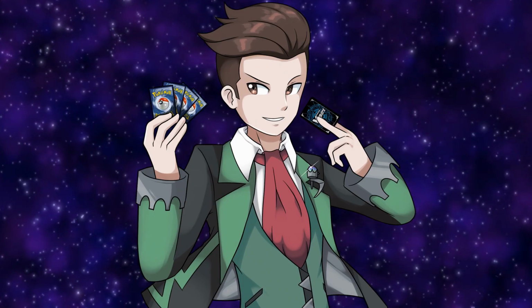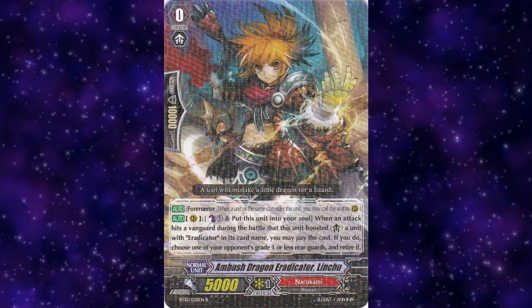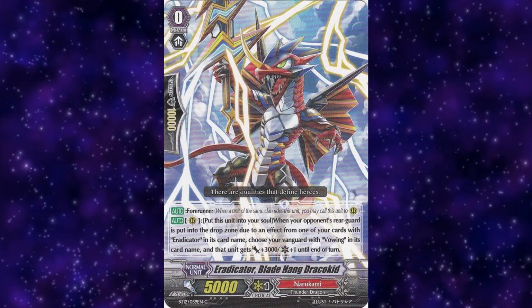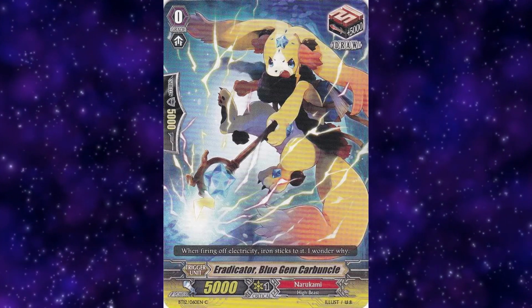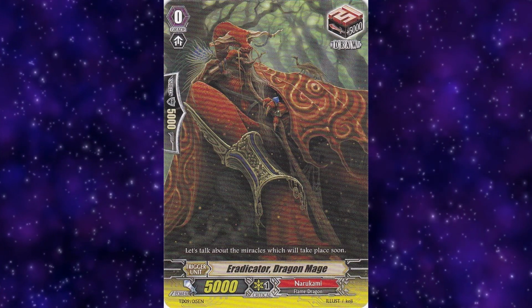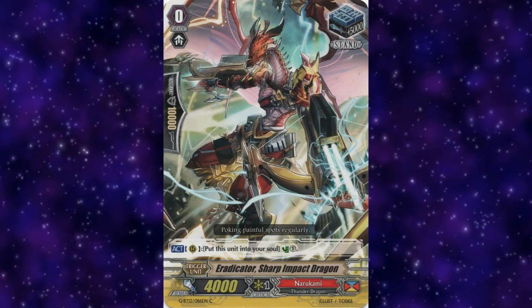Alright, now that we've got those main units out the way, let's finish off the Eradicator archetype by moving to the support cards and the triggers. For grade 0s, we have Ambush Dragon Eradicator Linshu, Eradicator Ambitious Dragoon, Eradicator Blade Hang Draco Kid, Eradicator Blue Gem Carbuncle, Eradicator Drag Phoenix, Eradicator Dragon Mage, Eradicator First Thunder Draco Kid, Eradicator Rare Talent Draco Kid, Eradicator Sharp Impact